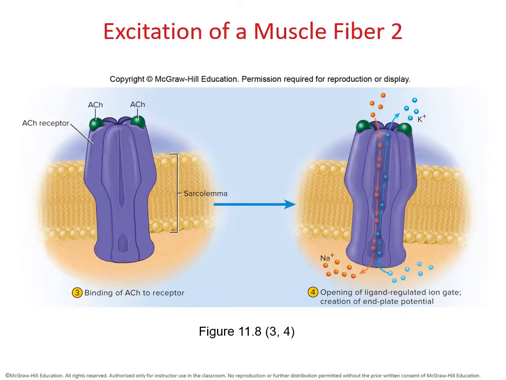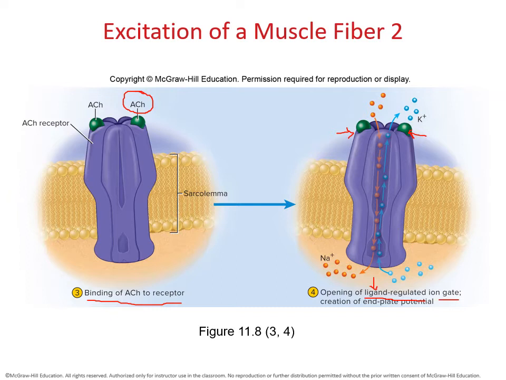All right, now once the acetylcholine matches with the receptors, we're going to see a response by the receptor opening up its ligand-regulated gate. So it's important to point out ligand. Ligand means that you rely on a solute or a particle for that gate to open up. So in this case, you rely on acetylcholine. Acetylcholine needs to be attached to the receptor, and once it's attached, it will respond by opening up the gate.